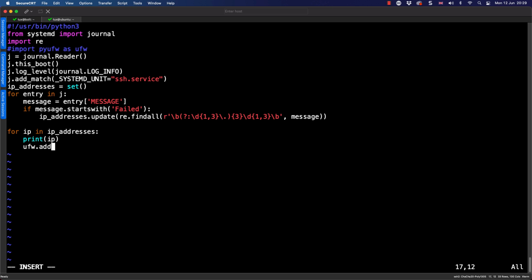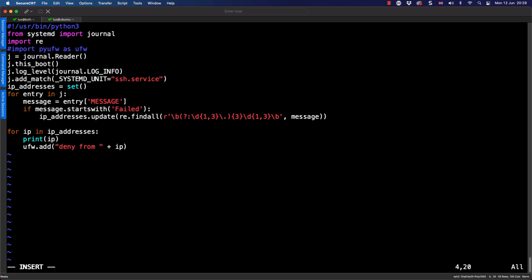So we go through each IP address in the set one at a time and add a deny rule to block that IP address. Now add is a method, so we open up our parentheses and then we put our rule deny from and then a space. Now that's the end of our fixed string. We want to use plus so we can concatenate our fixed string with our variable, and we're using the IP variable from our loop. And then we're ready to close off the add function with our right parentheses. And then that is our code done and dusted.